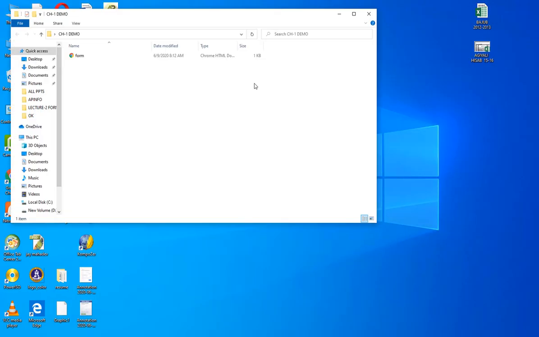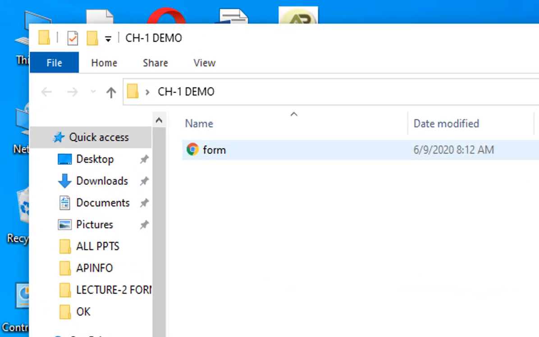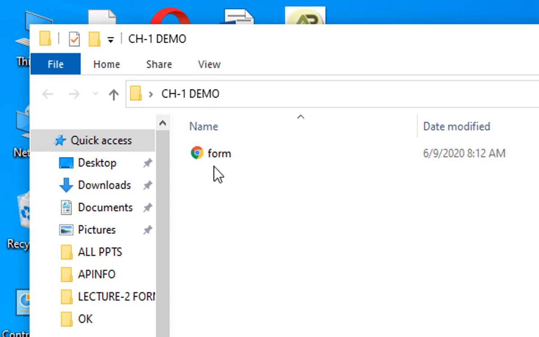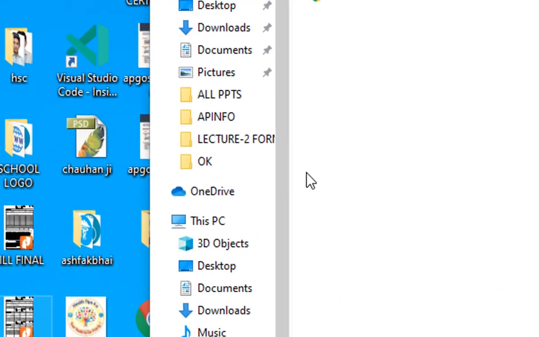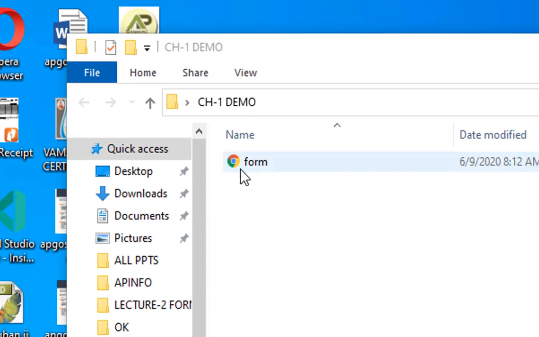Now double click. This is the web page file. Do you know here, Chrome HTML document? Then double click. By default in my PC the Google Chrome browser is set, so the display icon is the Google Chrome browser.